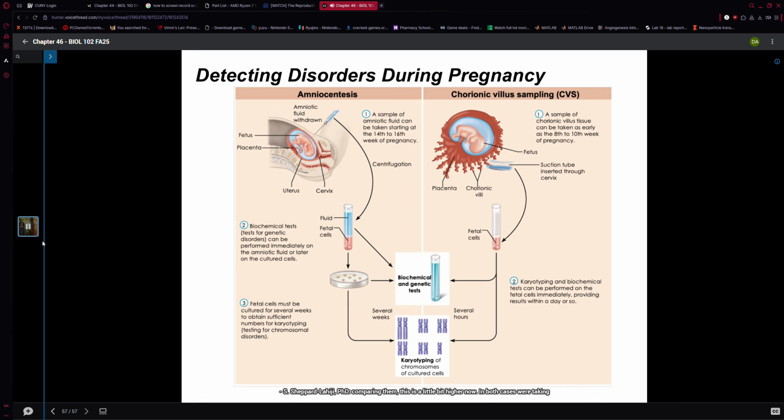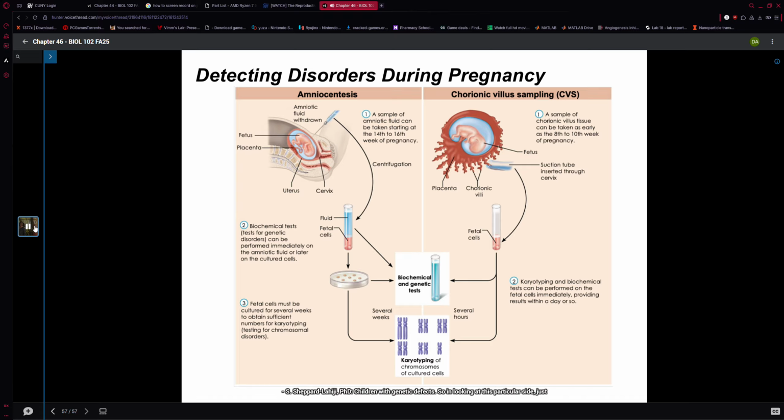Now, in both cases, we're taking the fetal cells, we are culturing them, so we're placing them into a dish, and we focused on setting up karyotypes in order to understand what's going on with the chromosomes, but they can also be subjected to biochemical tests and other genetic tests, and this can really be used to assess the genetic state of the fetus really early on. And so this information can be really beneficial in terms of advising parents on medical treatments or options if a genetic disorder is determined to exist. And this is the benefit of genetic counseling, a process that can be used by expecting parents in order to identify any possible risks of producing children with genetic defects.